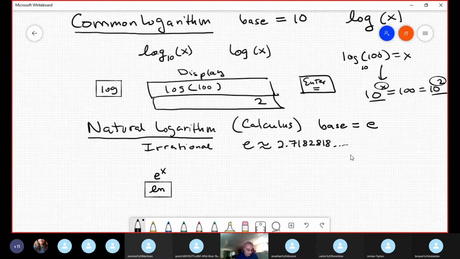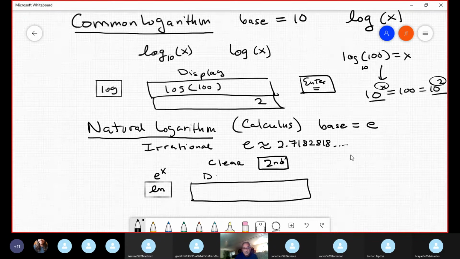You clear the display. Now you press second and select this key, in order to select the blue or the yellow, whatever you want to call it. Then immediately you see in the display, look,